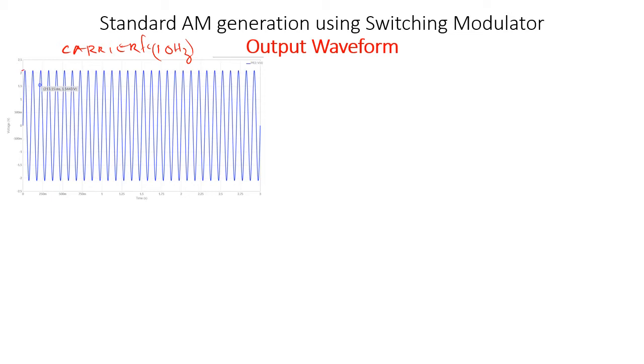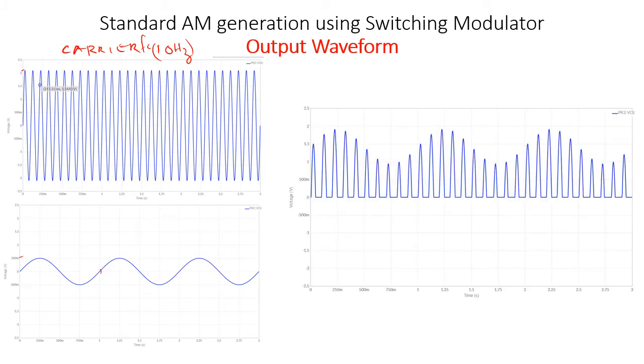It's just for illustration that I have considered this, and this is our message signal. The message amplitude I have considered to be 0.5 volt or 500 millivolt, and you can see the frequency I have assumed to be 1 hertz. When we give this message and this carrier to the switching modulator, the output which I obtained is this. You can see it has only the positive amplitude part as we have discussed. Only when C of t is greater than 0, or V1 of t is greater than 0, we will get output. If it is less than 0, we won't get any output.